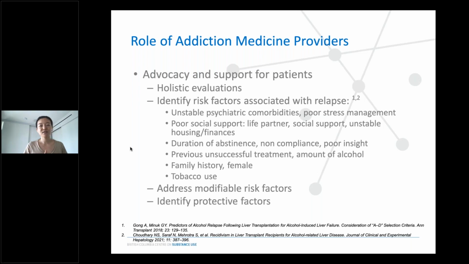So for example, unstable psychiatric comorbidities, stress management, poor social support, poor history of compliance with treatment, or insight into their underlying alcohol use disorder. There are some genetic components like family history, or perhaps female gender, and also, interestingly, tobacco use. But again, I just want to say that whether or not they are actually significant in multivariate analysis of these papers